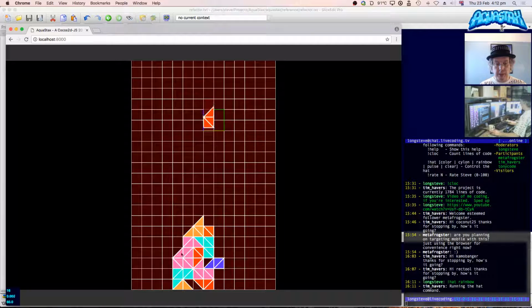blocks of the same color, when they land in the grid, form a single big block. So I think this pink one here, for example, would be a block, and then it would need to be drawn like that, so that there's an outline all the way around it, but nothing in the middle. It wouldn't link up with that one because they only link up on solid edges. That one there would form a big triangle.